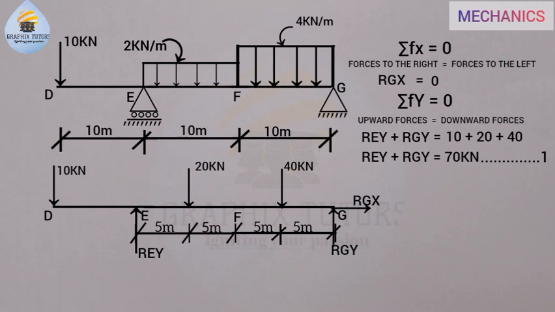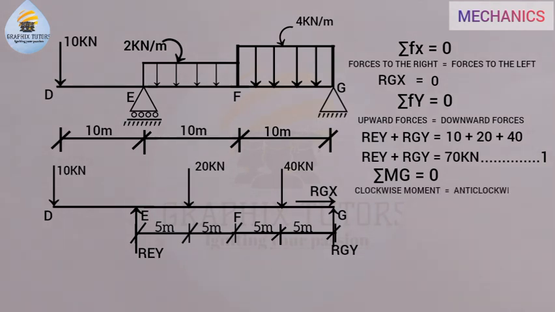Now the next thing we're going to do is the third condition for equilibrium, which is summation of moment about any point of your choice. So I'll be taking point G, because I have two unknowns there, so I'll be taking point G to make my work easier. Now we know about moment. We say moment is more of a turning effect, and it is the force times perpendicular distance. So from what we have here, we'll say that clockwise moment is equal to